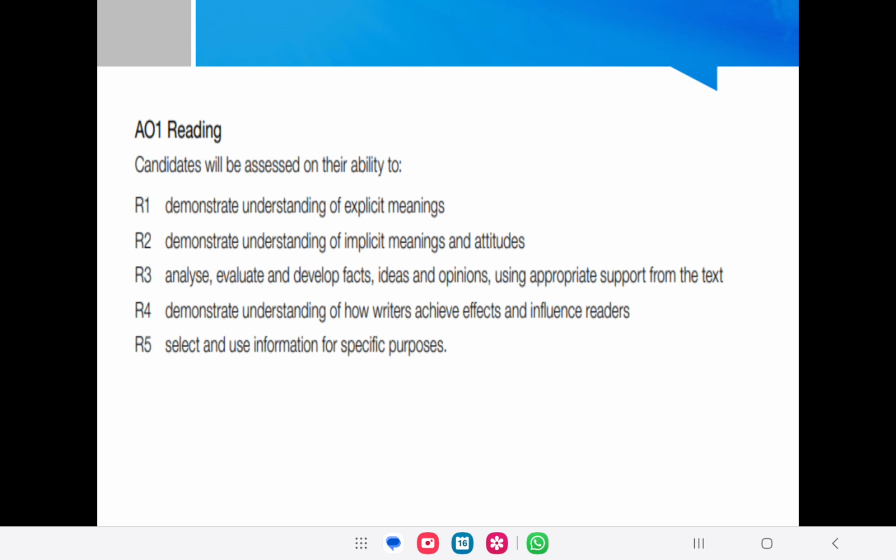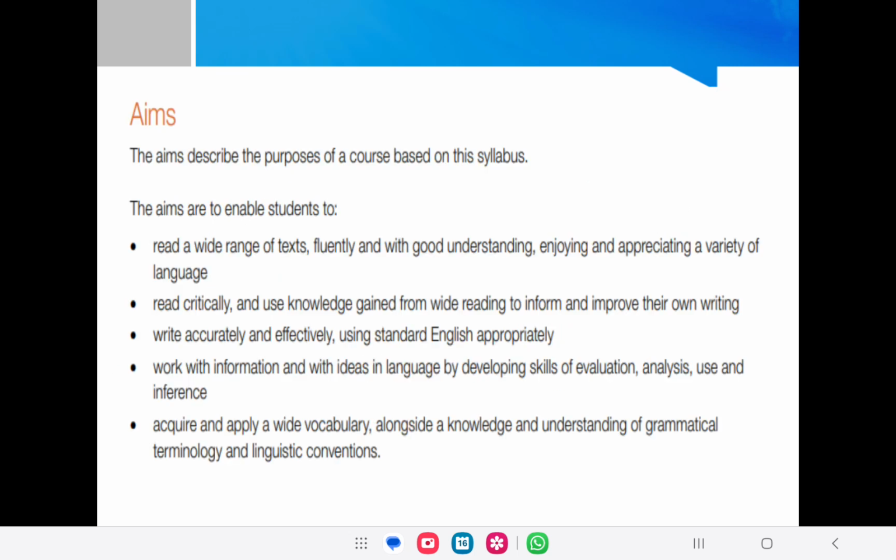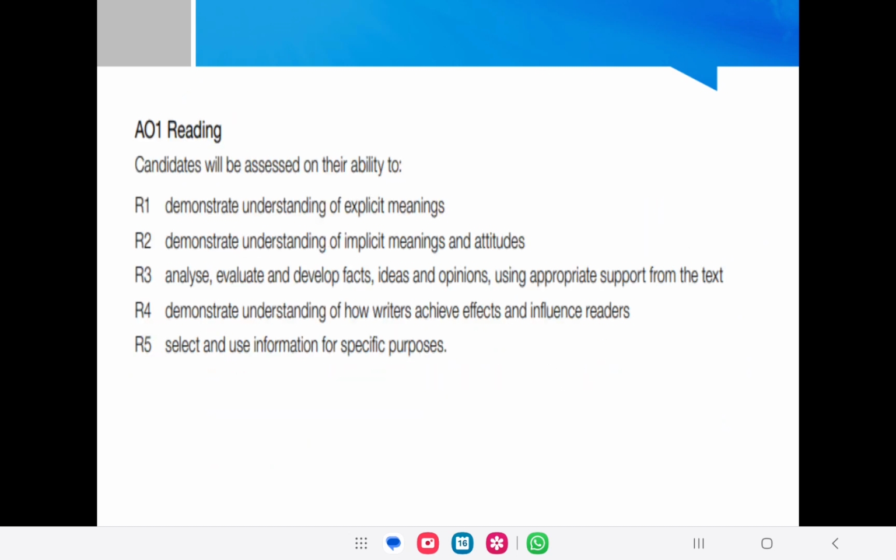First we discussed the aims of this subject overall. So we expect our students that by the end of this course they must be able to achieve these aims that we have just discussed. Now, as far as paper 1, reading paper, is concerned, what is our expectation? What are we going to assess them for? Reading